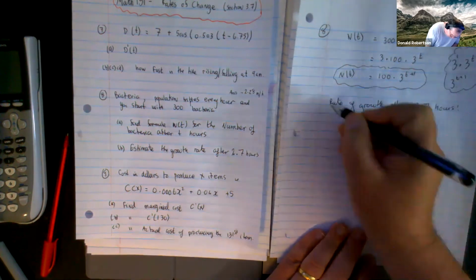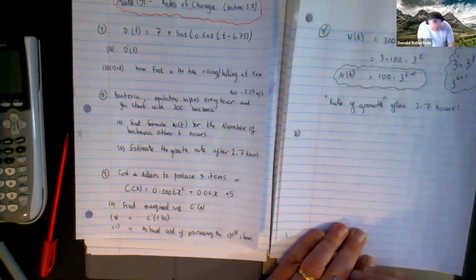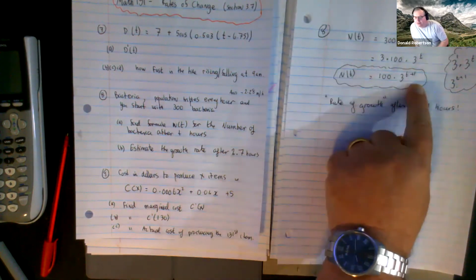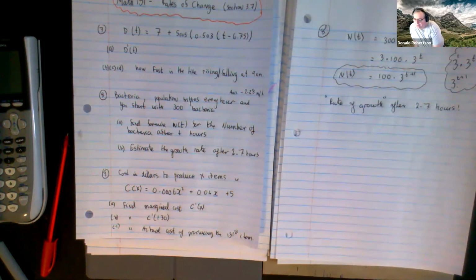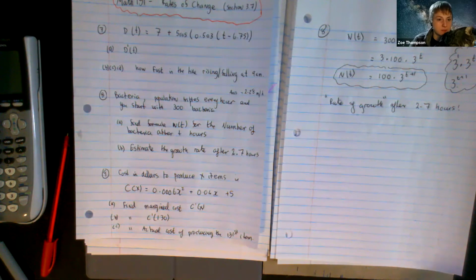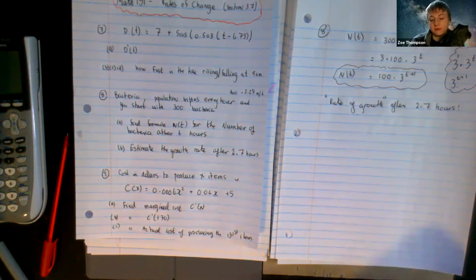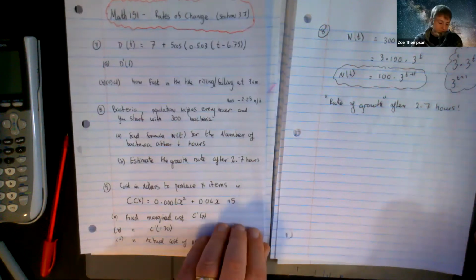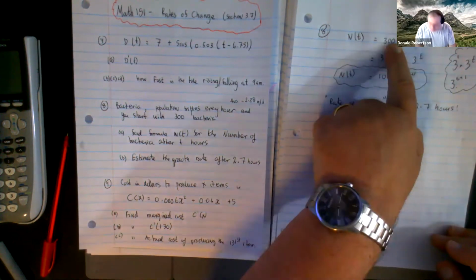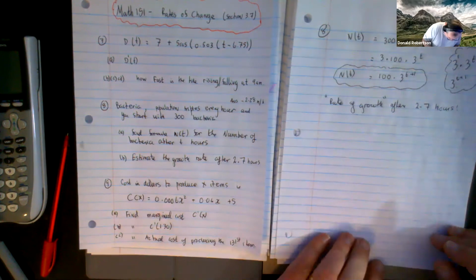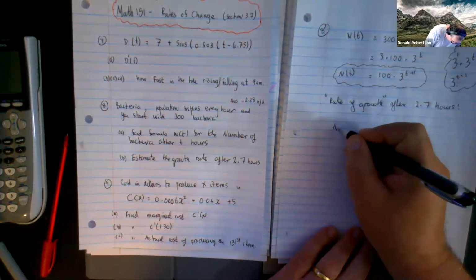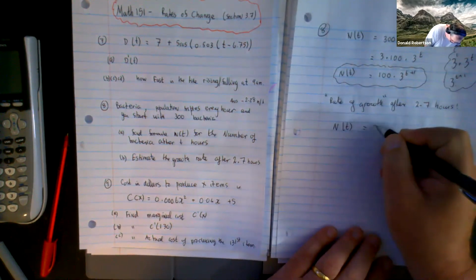Right, keyword here, rate of growth. What do you think I'm going to do to this formula to find rate of growth? Derive it. Take the first derivative. You're right. And I don't like that answer. I'm going to use this answer because it's easier in my brain. So if I use this formula,